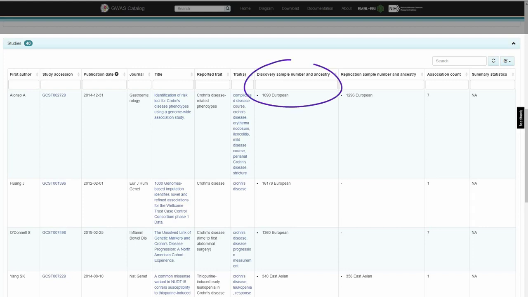The discovery, sample number and ancestry column indicates the size and ancestry of the samples on which the GWAS was done. The replication sample number and ancestry column indicates the size and the ancestry of the samples on which the GWAS results were reproduced. The association count column indicates the total number of variants identified from the study that are significantly associated with the disease.